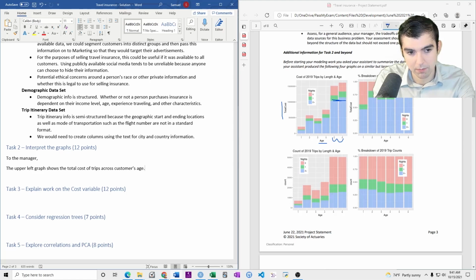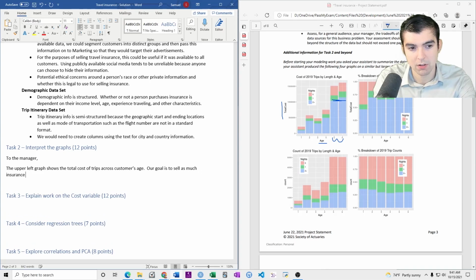Well, yeah, our goal is to sell as much insurance as possible, and so we should target our efforts on older people who travel more, who spend more on travel.